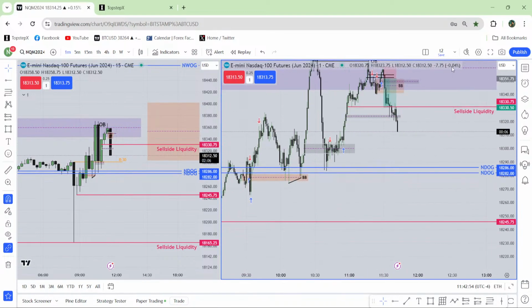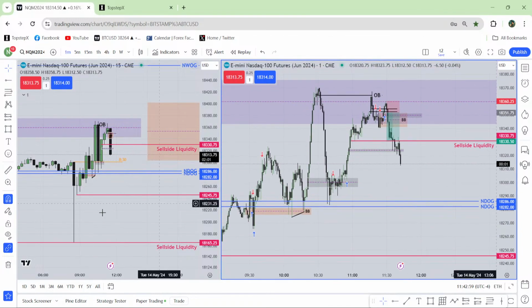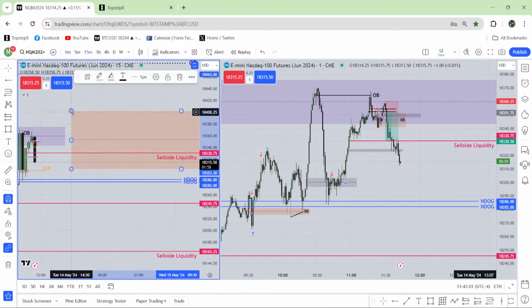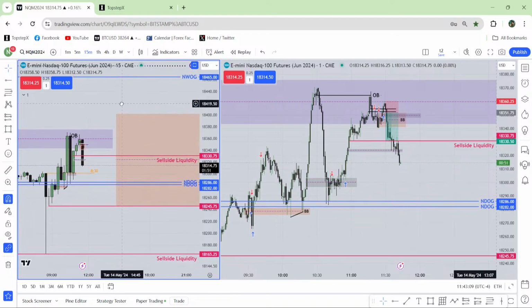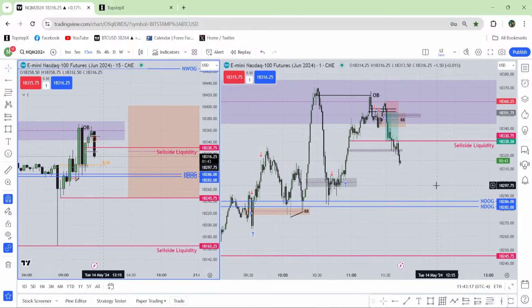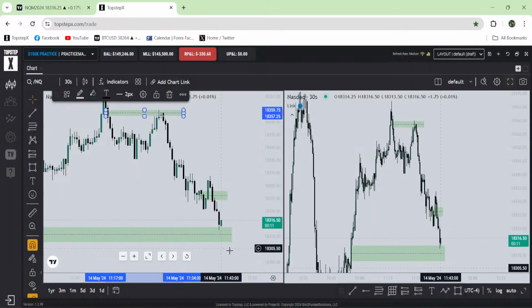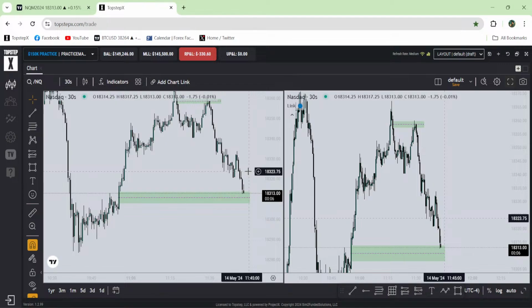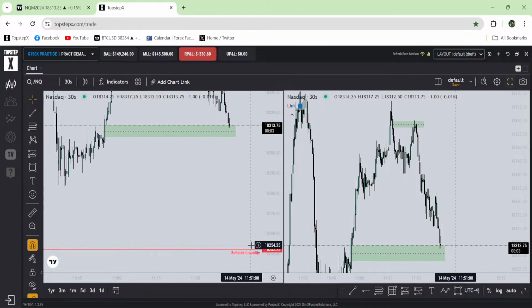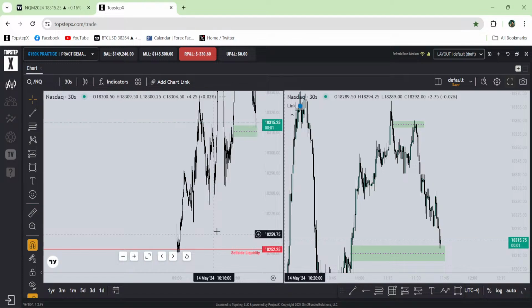Okay, it has done everything over there. This new day opening gap, everything will be broken. Just remember this high, that high, and this low. I thought this low, but actually until this low. This is the range. The market will be inside this range. It's not going higher, it's not going lower. It will keep bouncing between both of these levels. By the way, it reached that gap level now. If it is broken, the market will keep going lower until this liquidity. Why is that a liquidity over there?